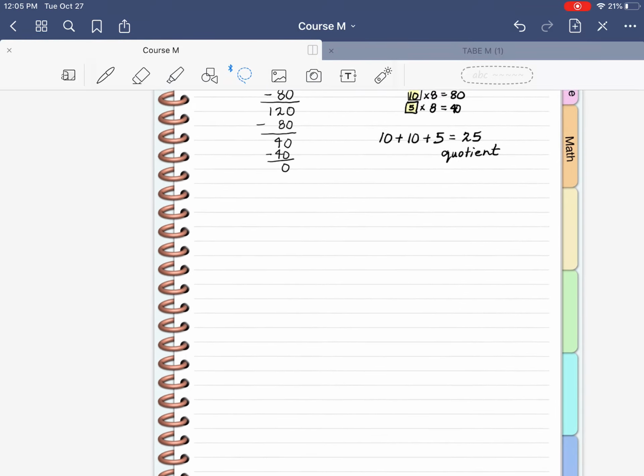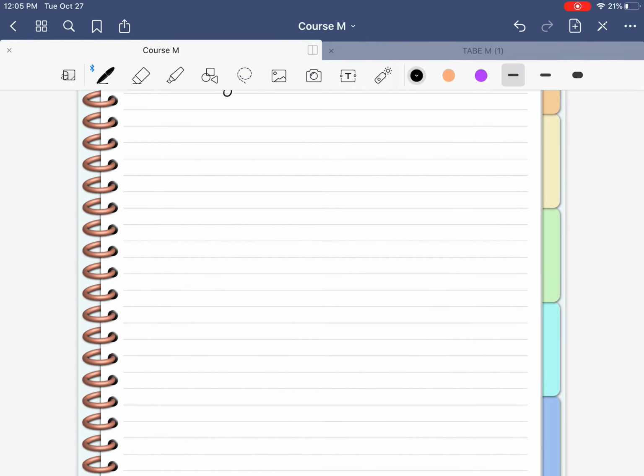Okay, here is another example. And this is a really, really long division. I wanted to show you one that is the kind of problem I absolutely hate. And we're going to use the standard algorithm to divide